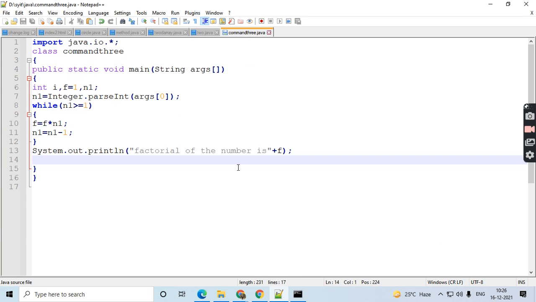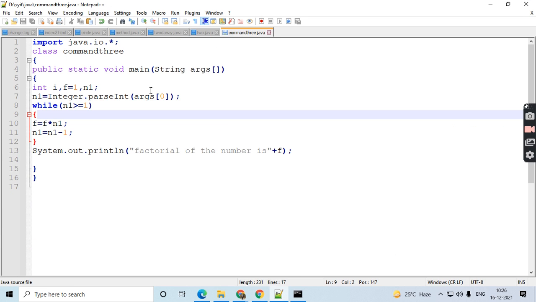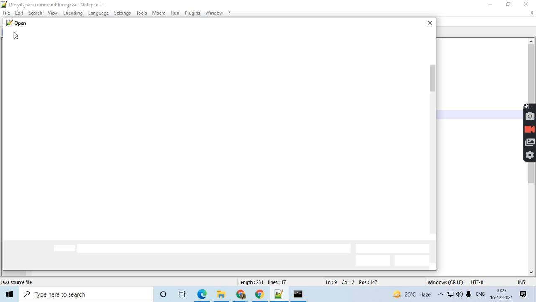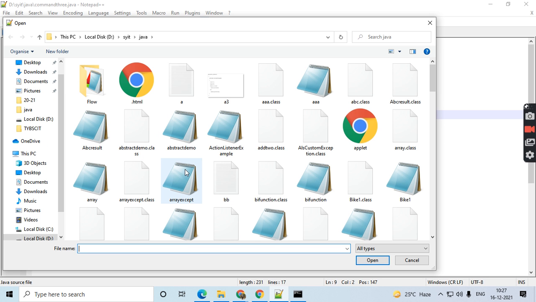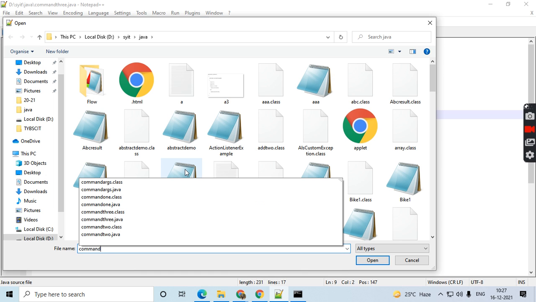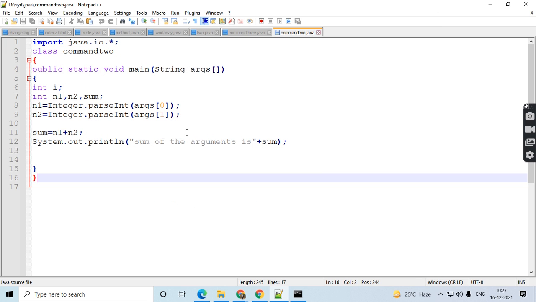In our program, suppose we refer to the previous program, command 2, where we are reading the arguments array, we can use the for each loop. We can declare the variable which will refer to those string arguments. So for command 2 we will take, here we can use the for each loop to print the arguments.